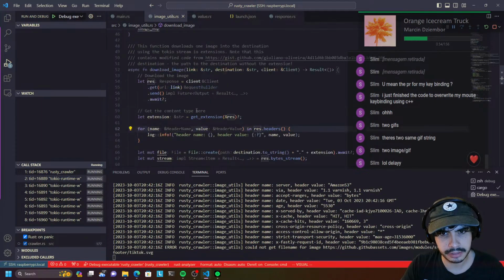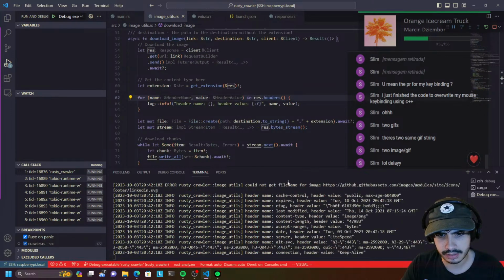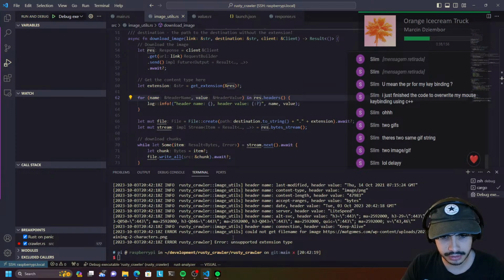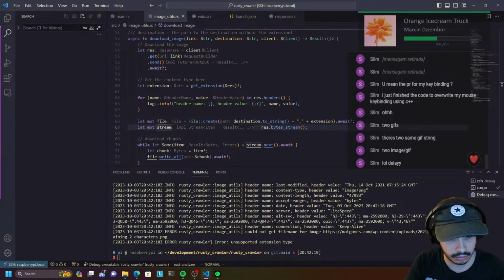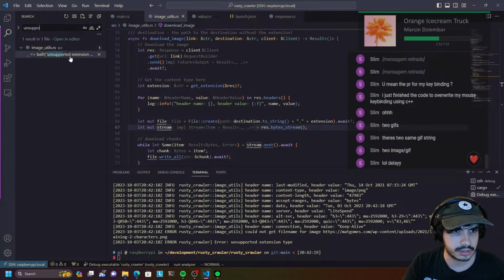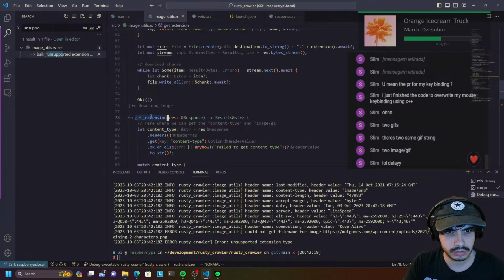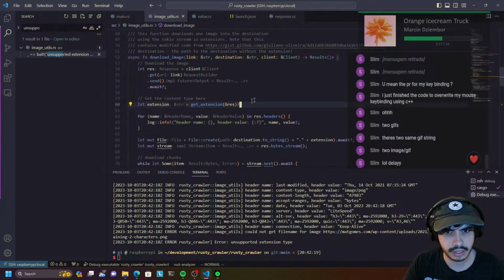Right, so for each image, I'm actually showing all the headers. I don't really mind about that. Unsupported extension type. Error. That's what we stopped. So we're not gonna throw that error in there. I definitely don't want to throw that error. Instead of bailing, instead of returning the error straight away,